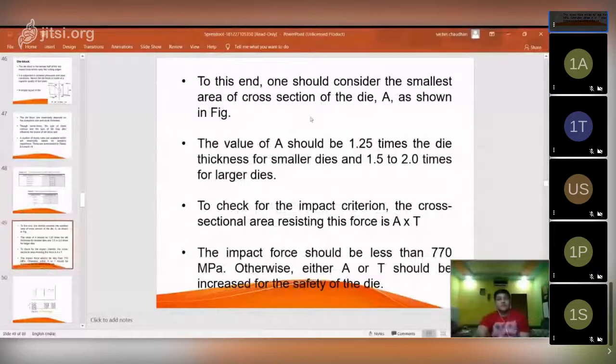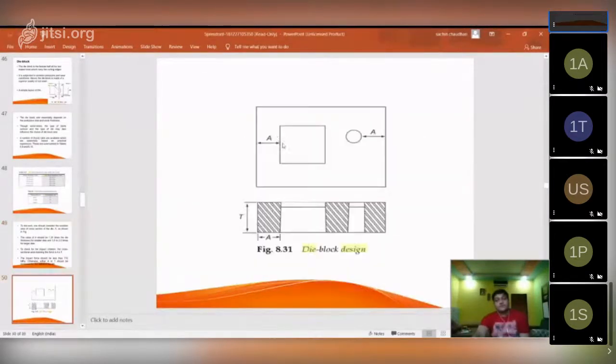Okay. So up to this end, one should consider the smallest area of cross section of a die. See this figure. A, this is a small hole, this is a circular hole.